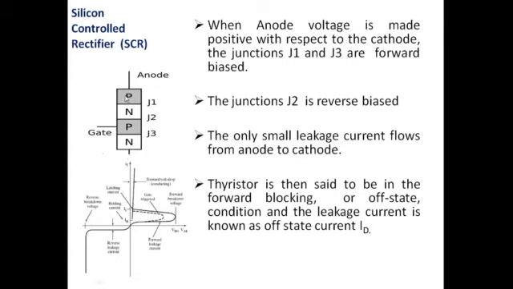In the P-type material, what are the majority carriers? Holes. These holes are going away from this positive potential. Assume that we have connected a positive potential to the anode. So these holes will go away from it, and will try to cross this barrier potential because of these potentials.